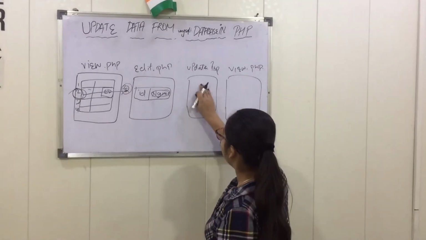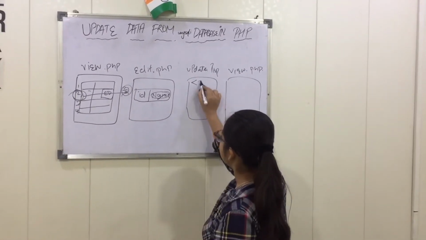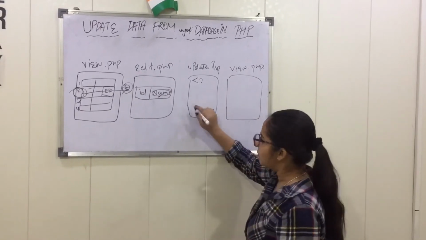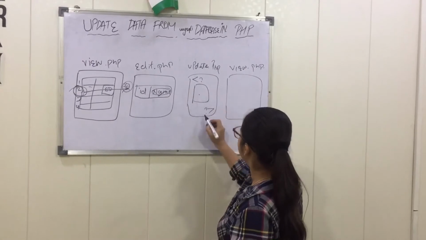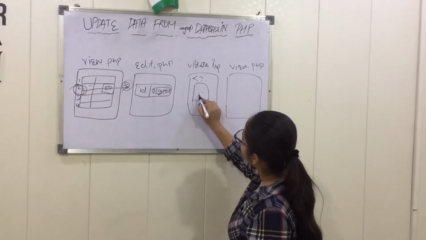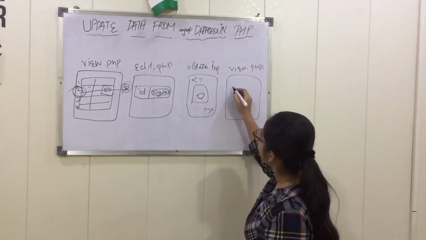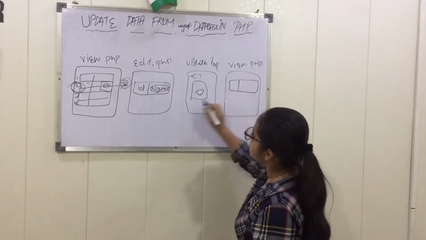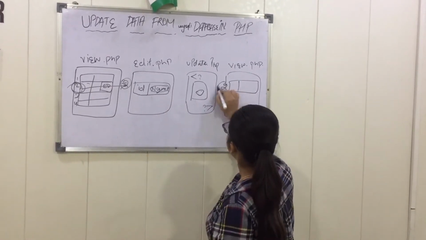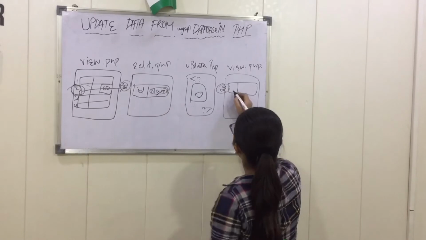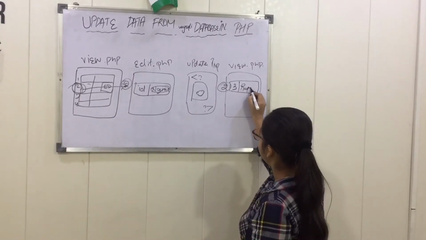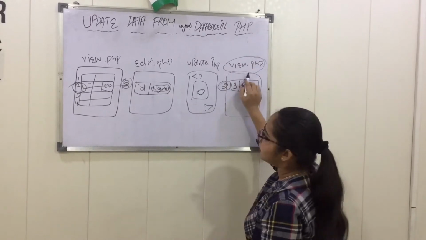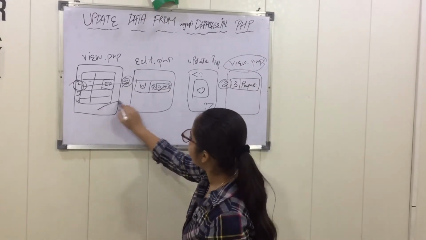I want to edit my name here and write some name. So I will go to the update page and start the coding, that is, the PHP tag start and close. In between this I will write my coding. After that, going to this page, the data will be edited and the view will be like this. Suppose in ID, that is my second number, I want 3, and in name I want my name, Rupali. So it will be the final conclusion, that is, the view from edit.